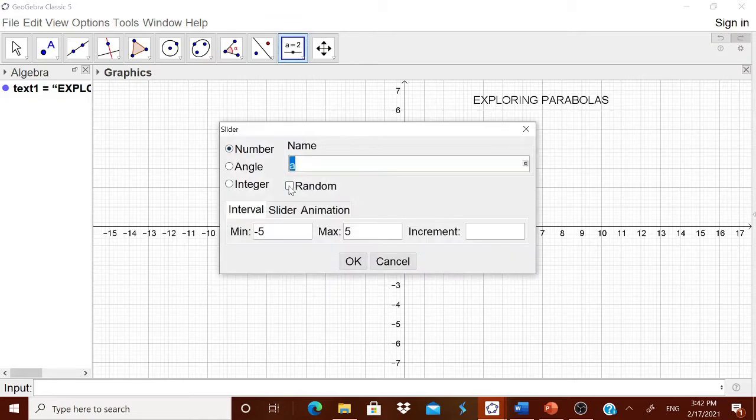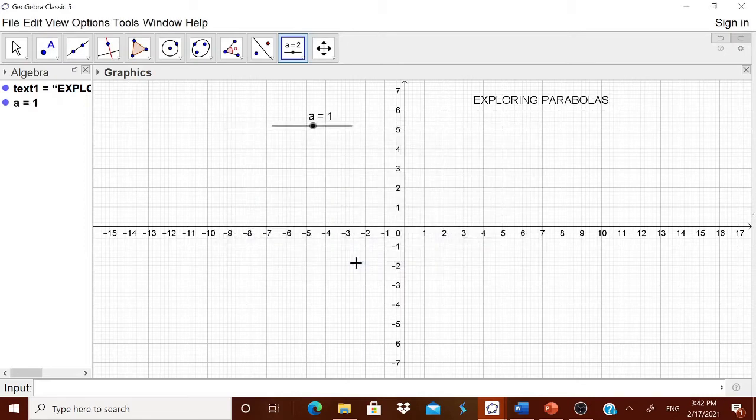Therefore, I will take the first slider. I think you can have multiples of 4. You can have from minus 20 to 20 or from minus 50 to 50. It is left to you. Suppose I will take from minus 40 to 40 and increment as 1. Is it okay?